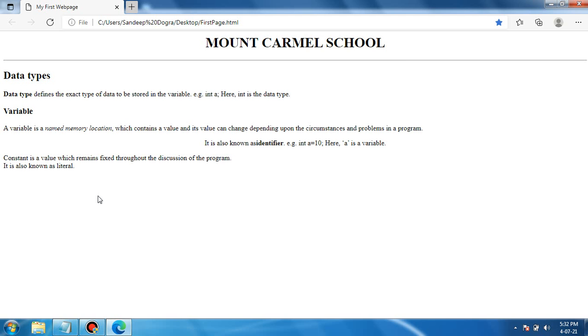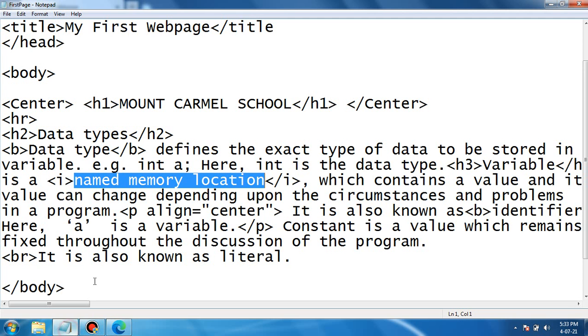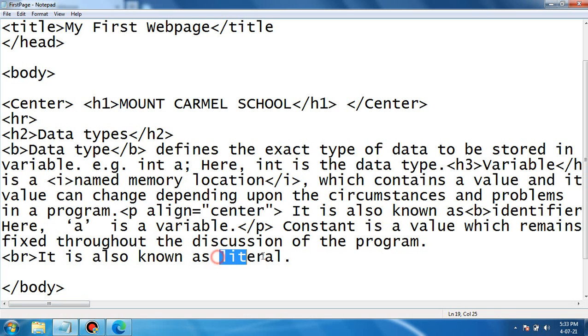Similarly we can underline the text. If I want to underline the text, this data type or this variable, or any word you want to underline, you can underline it using the U tag. So let us suppose I want to underline this word literal, so we can use here the U tag.